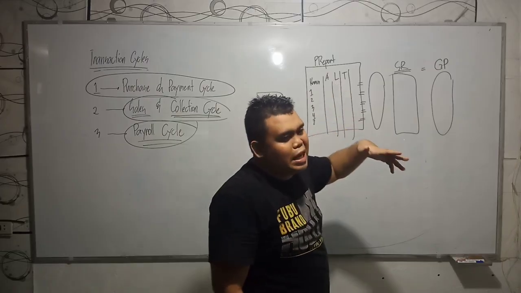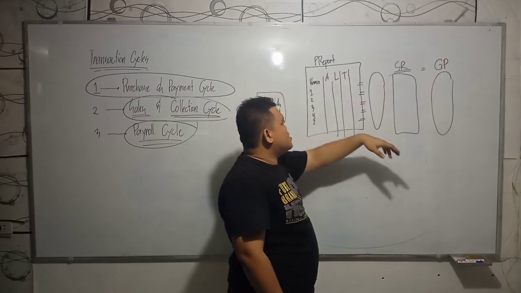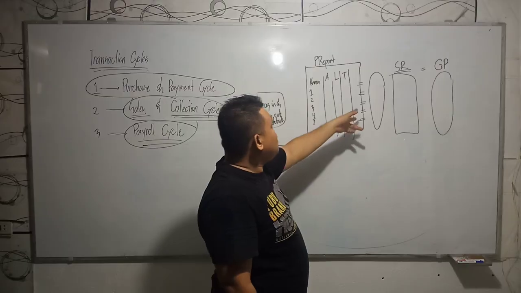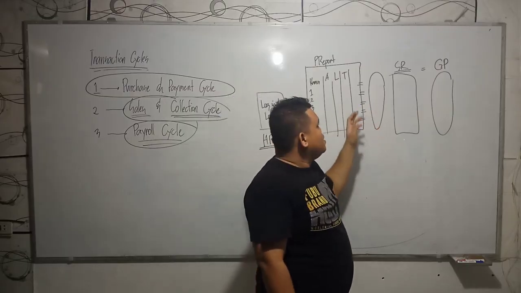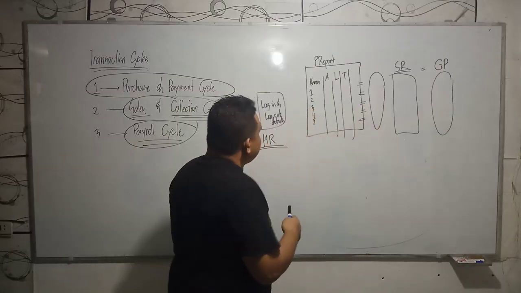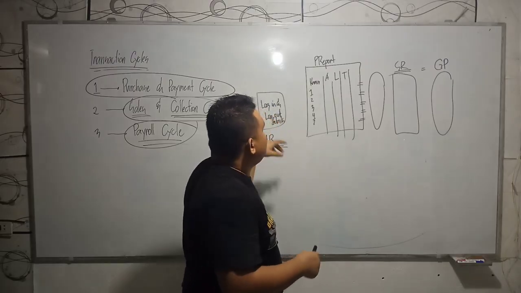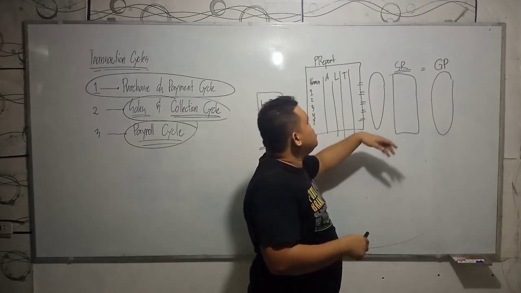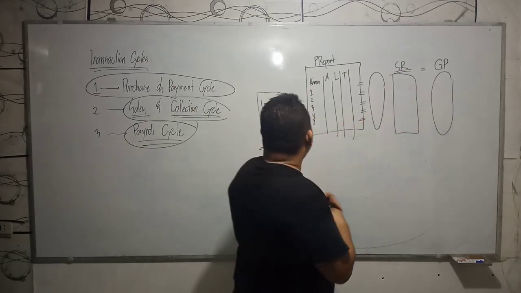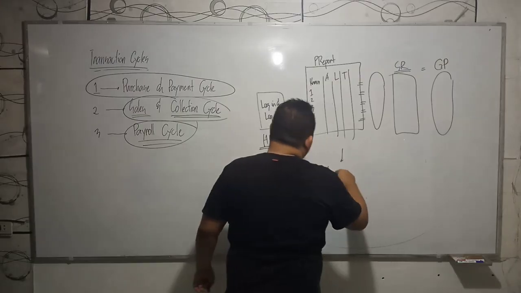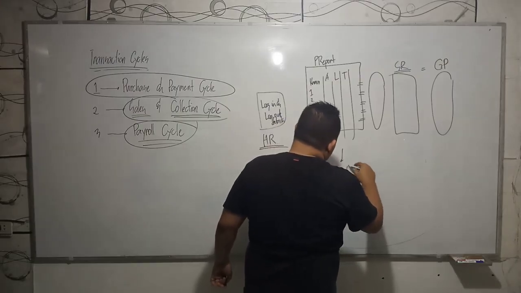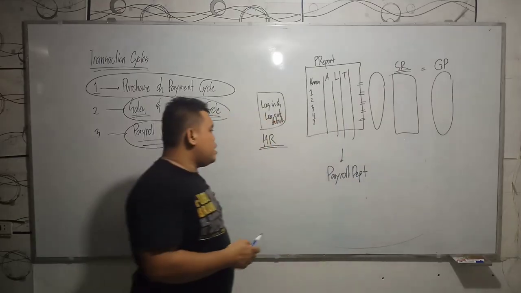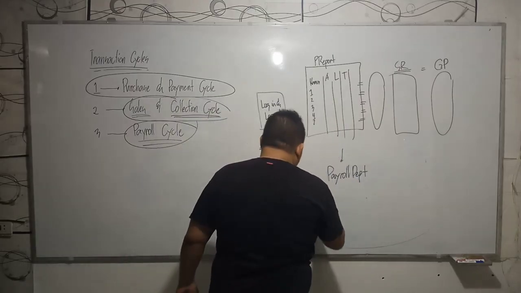Because if it is a valid sick leave or vacation leave, there will be no effect on the pay. There will be no deduction. And tardiness, of course, will deduct the time of the employee. Okay? So you have the gross pay. And normally, that's the only part of the HR. Because it knows the login and logout details of the employee, and it also knows the salary rate or the basic salary. So it will now be forwarded to the payroll department or payroll in charge. Payroll department is actually under the accounting department, wherein the payroll in charge or payroll department will make a sheet.